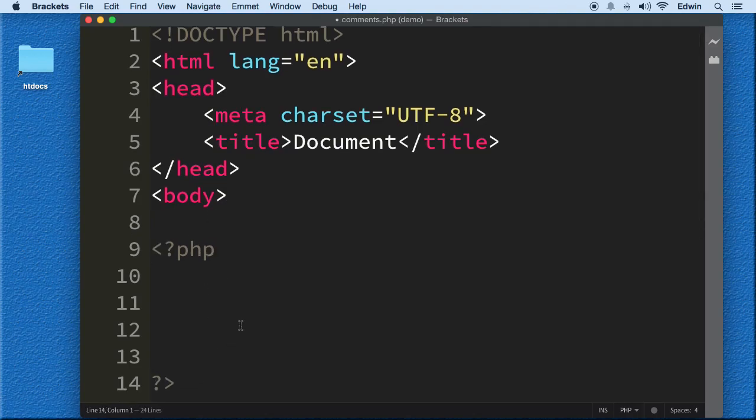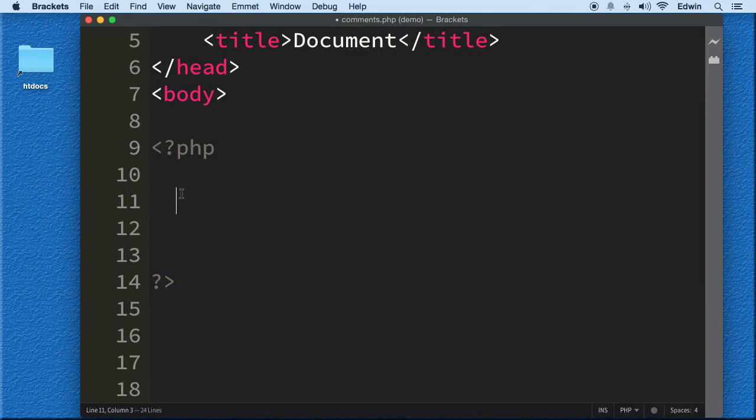Comments are very useful because when we write code, especially when our code starts getting big, and you might not see this right now because you don't know much about PHP, but once you start coding a lot more, you're going to notice that it's very easy to write 100 lines of code without even realizing it. Sometimes we write functions, little programs that do things, and later on, in 2 or 3 months, you might forget what they do and why you created them. We need to document that. We need to actually write it down somewhere, and comments help us keep that reference to that specific function there